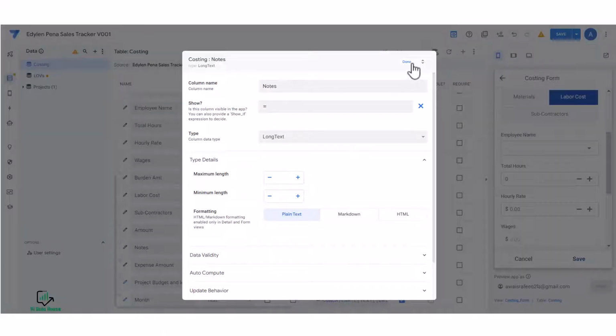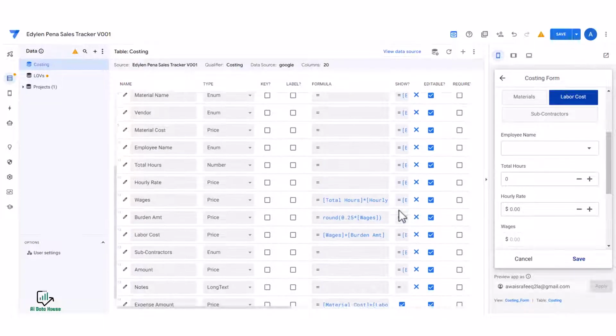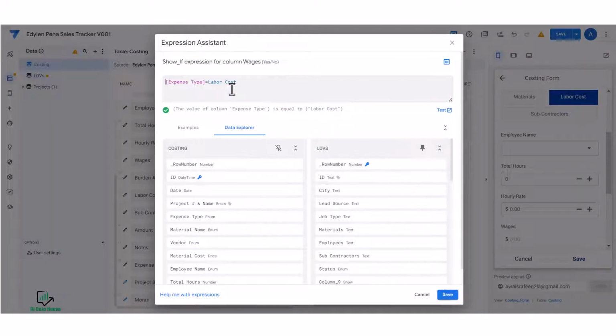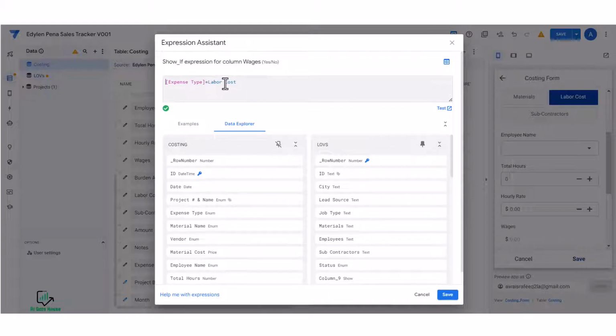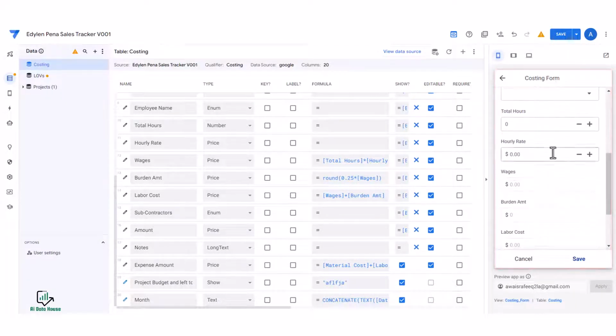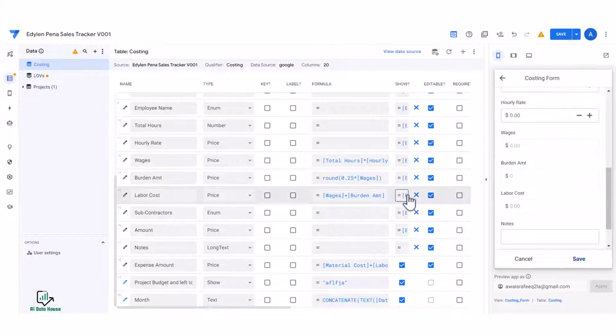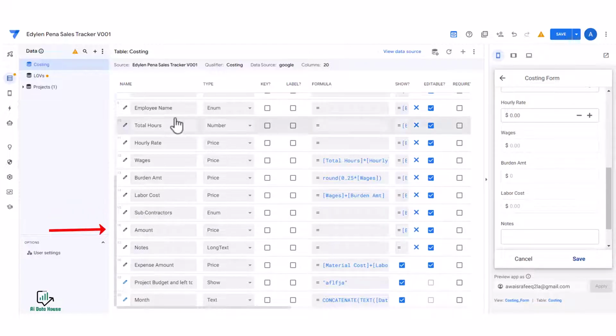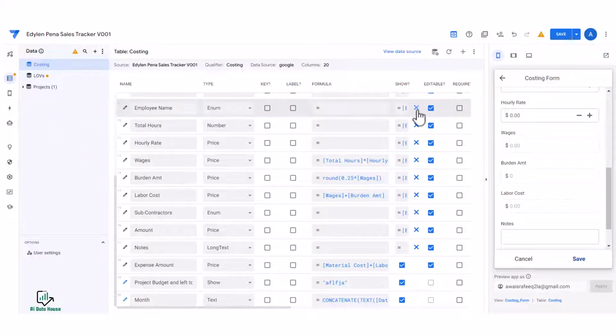So what condition do we have to write here? Let me show you some examples. Like here, expense type is equal to labor cost. So what it is saying is, only show this field if expense type is equal to labor cost, then you have to show the wages. And you see here we have the wages. If I select labor cost, I see the wages. Similarly, if I click on subcontract, here amount or like this field employee name,